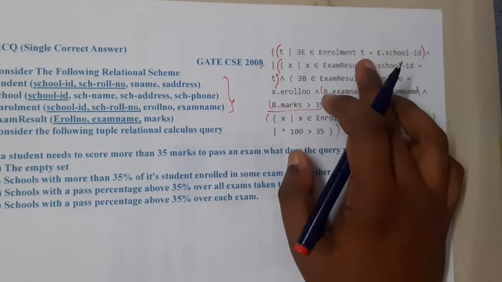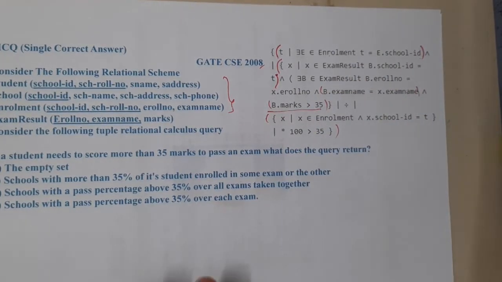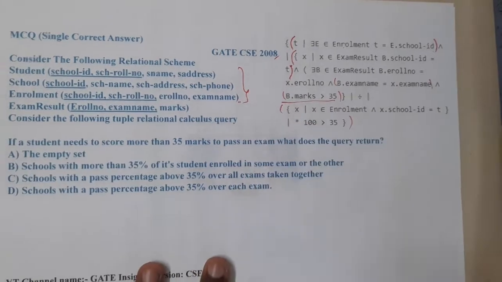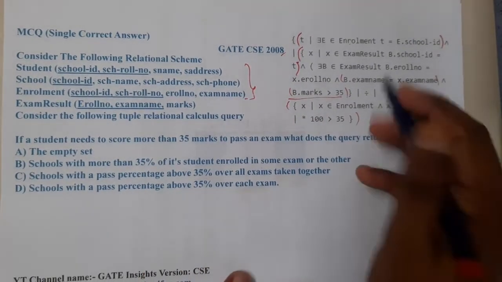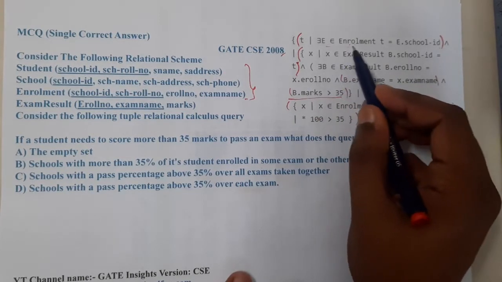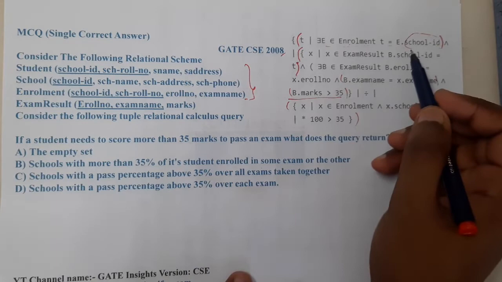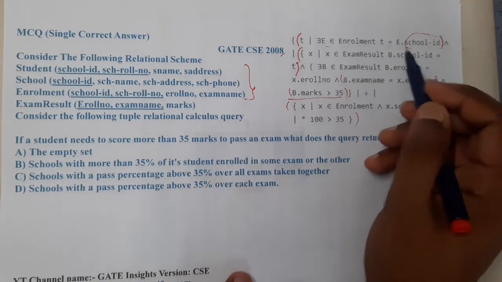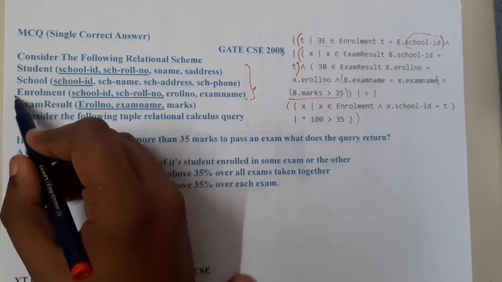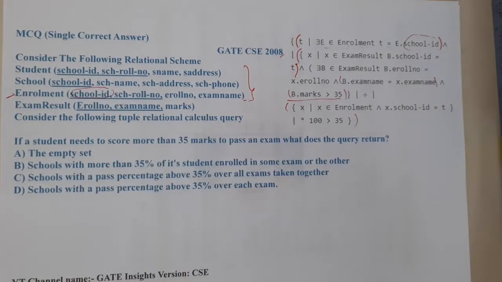school id. Okay, so here what we are trying to do, guys, is work with this enrollment, right? What they are trying to say with this whole line is that they are just trying to find these school IDs, right? So this is going to return the school IDs from this particular enrollment table. From here we are just trying to get those details.